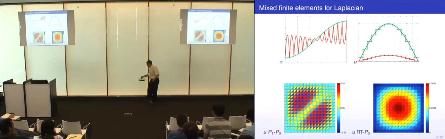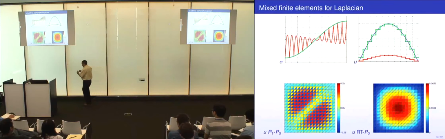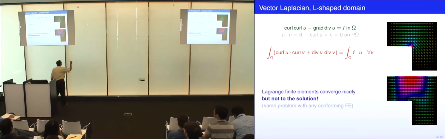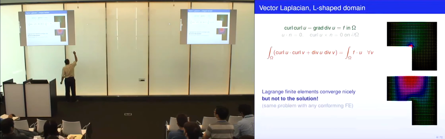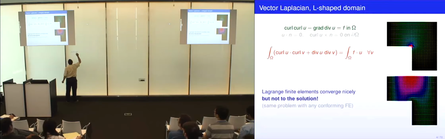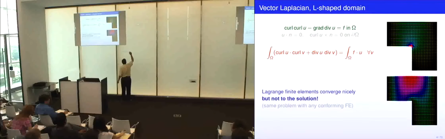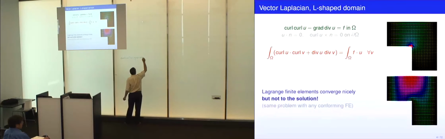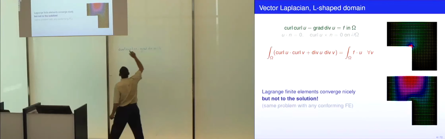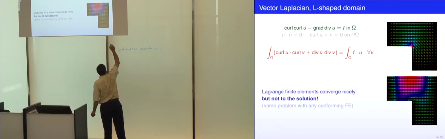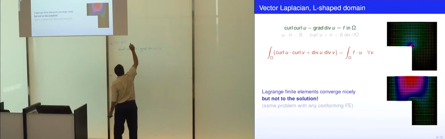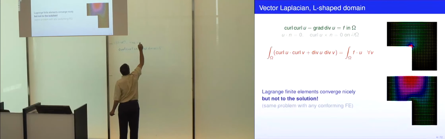Okay, the next example is just a tiny bit more complicated. And let's get it on the screen. So the equation is, I'll write the equations in 3D, but I'll illustrate them only in 2D. Curl u minus gradient of divergence of u is equal to f. So we're given f from omega to Rn, and we want to find u, a vector field u,